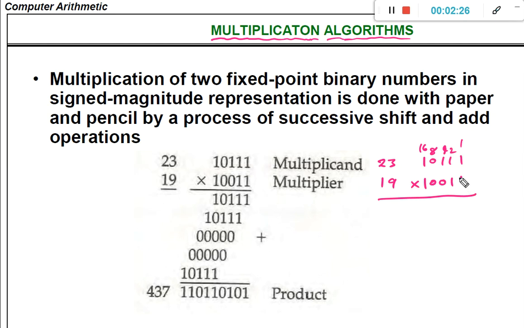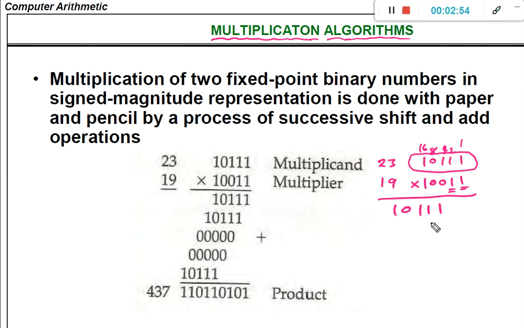Multiply the multiplicand with the least significant bit of the multiplier. Multiply with 1, then the same value comes, 10111. Before placing each intermediate result, shift it.